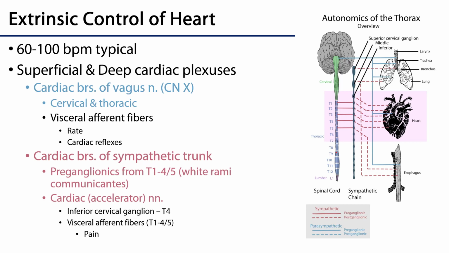So if the intrinsic rate of the pacemaker region is 100 beats per minute, and resting heart rate is 60 to 100 beats per minute, that must mean that extrinsic control of the heart is typically to depress the SA node. Now, there is a cardiac autonomic plexus that we divide into the superficial and deep cardiac plexuses. These plexuses have the same inputs, both sympathetic and parasympathetic, and each of the parasympathetics and the sympathetics have their